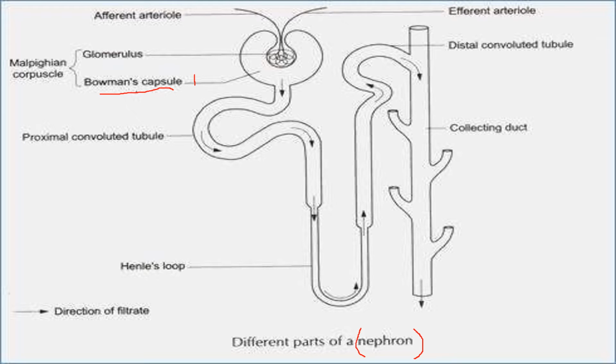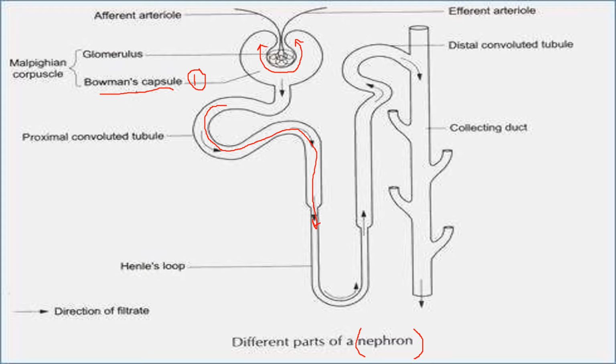Bowman's capsule is a cup-shaped structure, a U-shape, and it leads to a long network of tubes, and these tubules are of